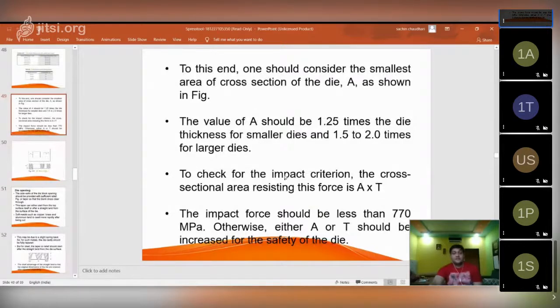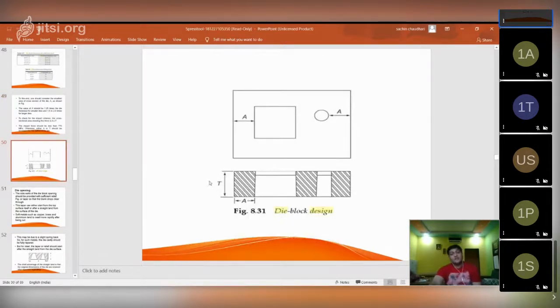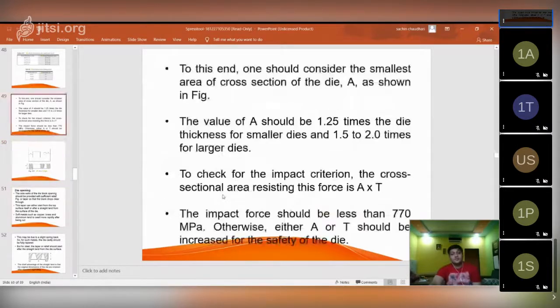So to check the impact criteria, the cross sectional area resisting the force is A into T. The stress should be less than 770 MPa, otherwise A or T should be increased for the safety of dies.